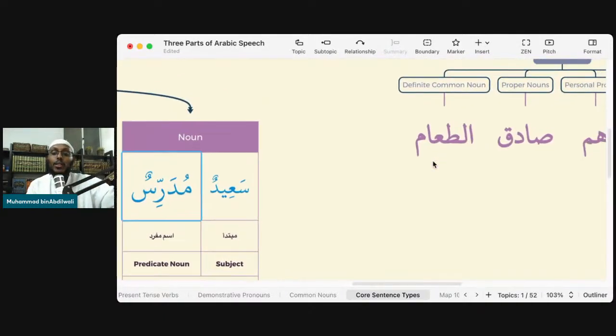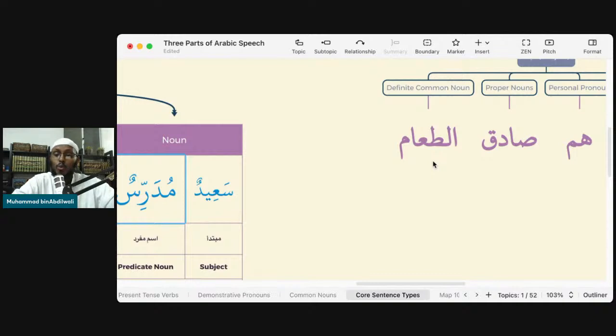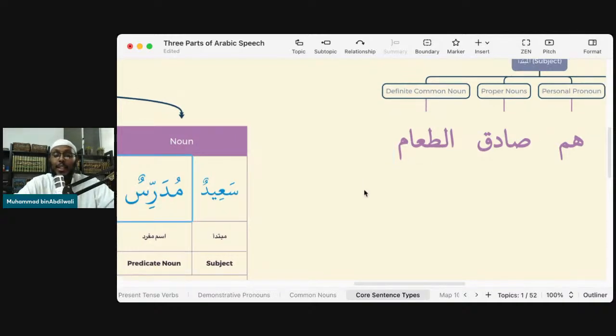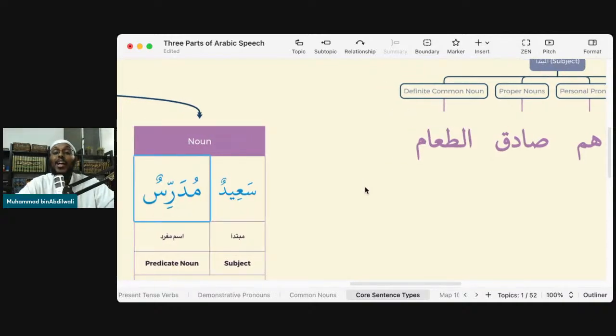Hum Mudarris. Oh, here we have a problem now. Hum Mudarris doesn't make sense. Why doesn't it make sense? I mean, sorry, it's not grammatically correct. Language wise, you probably know what I mean. If I say hum mudarris, you know that I'm saying they are a teacher. But grammatically, there's a mistake here. Why is that a mistake? Because of agreement.